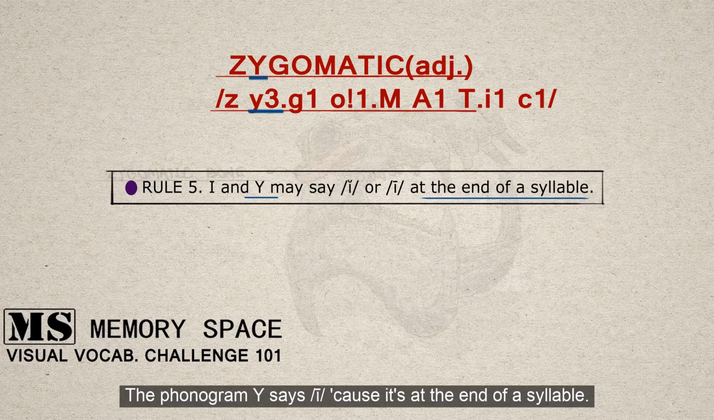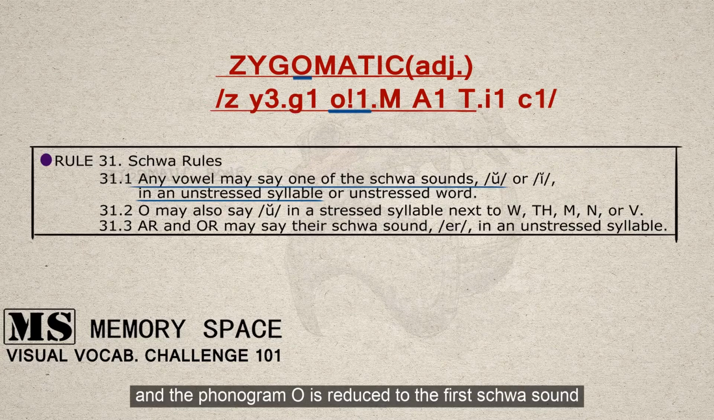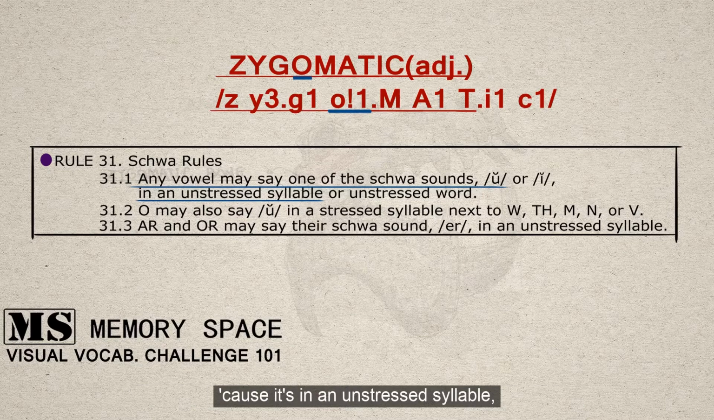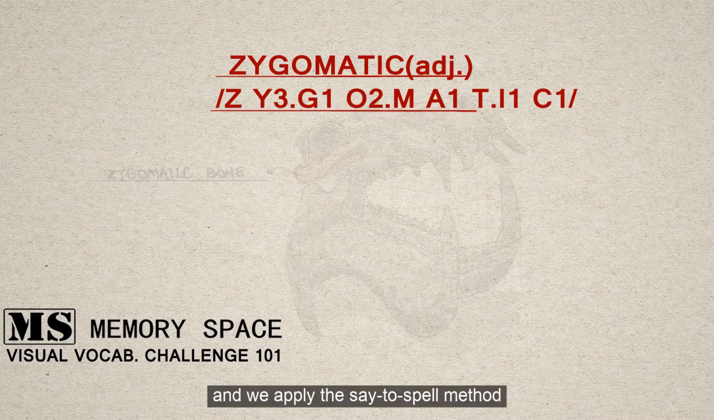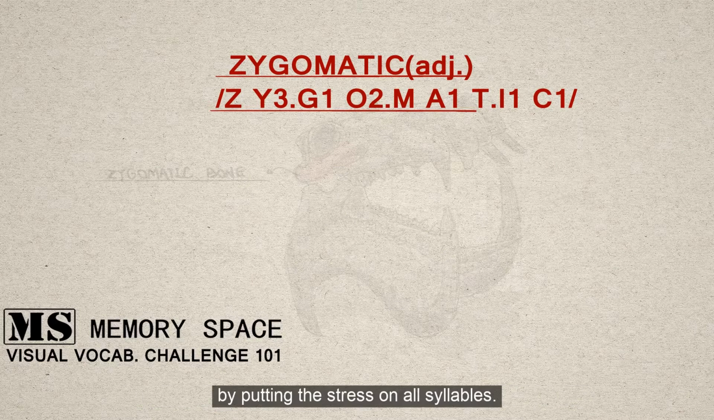The phonogram Y says I because it's at the end of a syllable. G says G because it's followed by O, not E, I, or Y. And the phonogram O reduced to the first schwa sound because it's in the unstressed syllable. And we apply the say-to-spell method and say zygomatic for spelling purpose by putting the stress on all